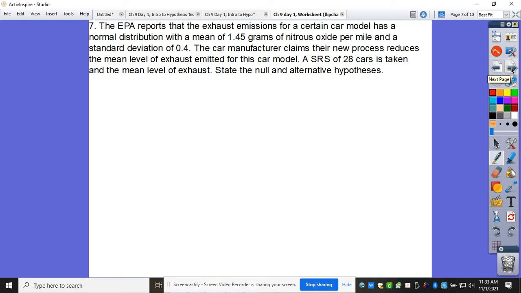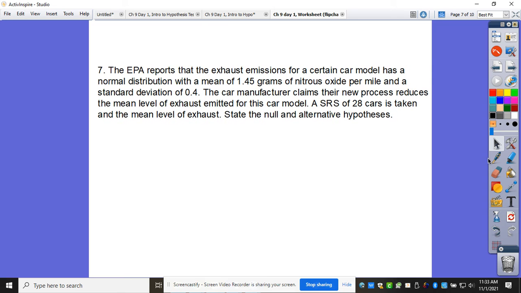EPA reports that exhaust emissions for a certain car model has a normal distribution. Well, that's the kind of thing that I should mark if I'm reading. It's not a problem I'm dealing with right now. With the mean of this. So what is that for this problem? That's saying the EPA reports that overall it is. So that's because I didn't have a sample that I'm dealing with, which means this is my